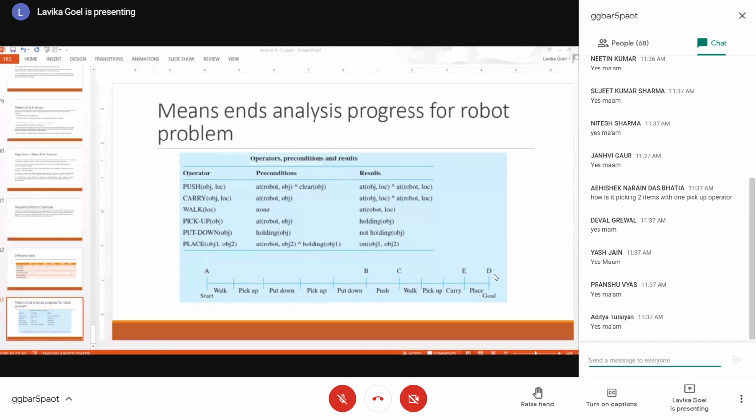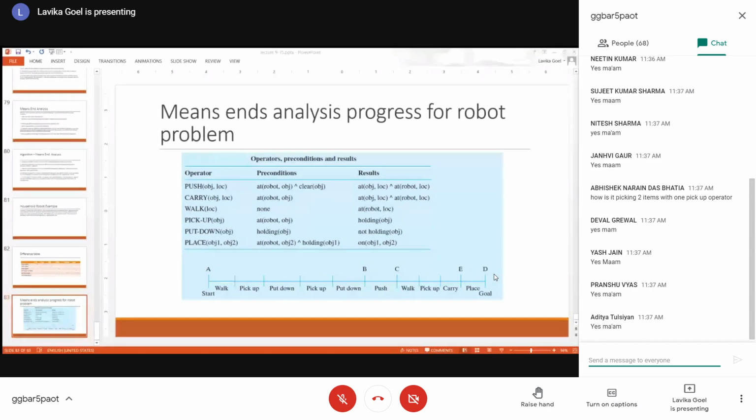But when you are picking up from the table, at that time you were using two pickup operators because it's placed on the table at two different points. So basically, when you hold an object, you cannot hold another object unless the arm of the robot is empty. So at that time, you need to put down the first object, then you can pick up the second object. But in the second case from C to D, when you are trying to minimize the difference, this is a pile of books basically. The two books are kept one on top of the other. So the robot has picked up the pile and is carrying the pile together.